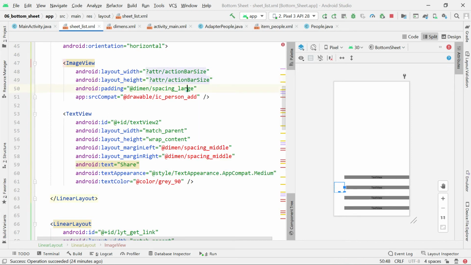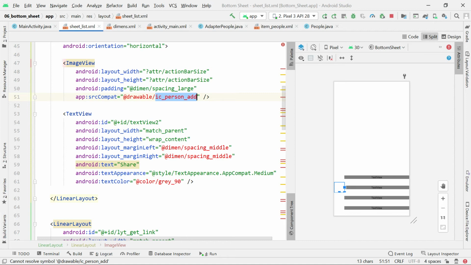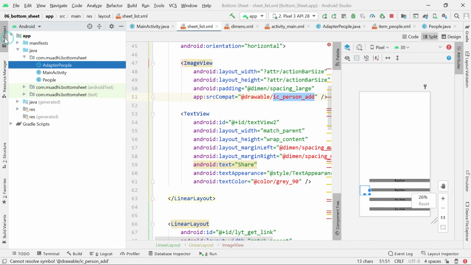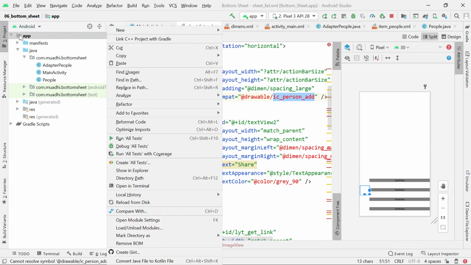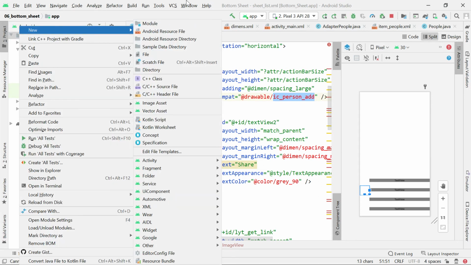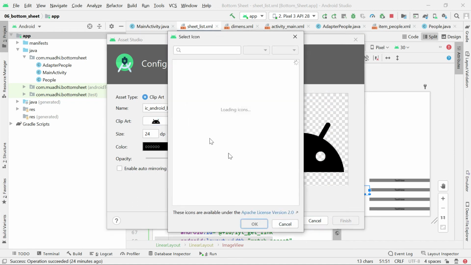And this is just a what? It's an icon, so I can simply create that by coming here to the application, right click, and say new vector resource. Let me put here any person icon.